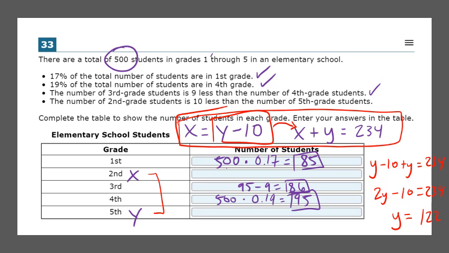So the 5th grade class is 122 students large. Now I only have one more box remaining, and in this case I know that y minus 10 is going to give me my x as stated above. So all I'm going to do is subtract 10 from that total number, and I get 112 for my total 2nd grade class. So this again doesn't have super complex mathematics going on, and more often than not, it's really just a few addition and multiplication problems